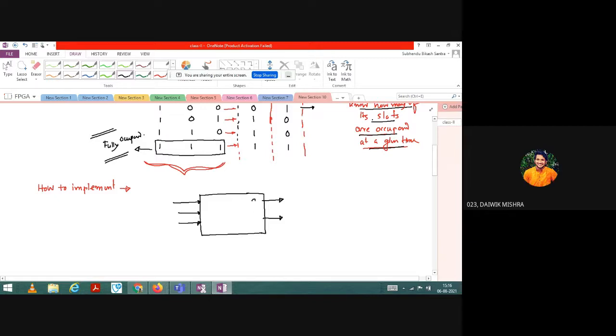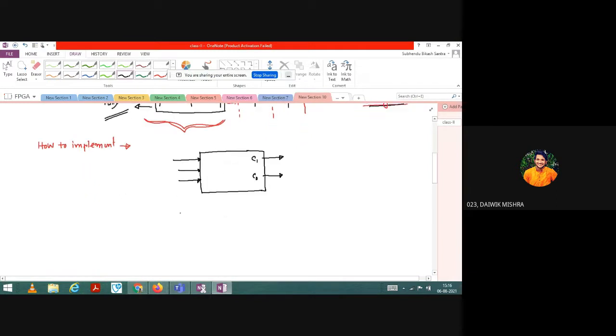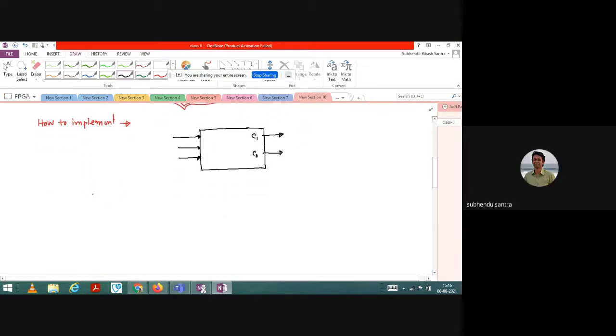Sir, then we can take column 1, column 2, whichever is high, and find the equation from that. Yes, that means you need to prepare one K-map. One is for C1, another is for C0, right? Yes or no? Yes, sir.